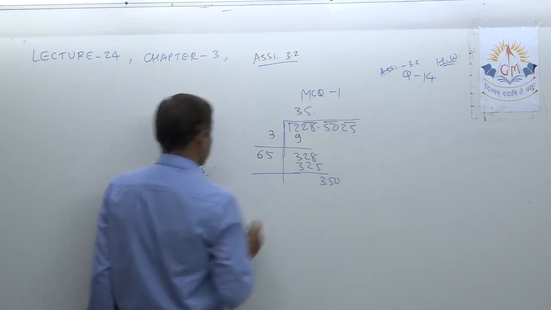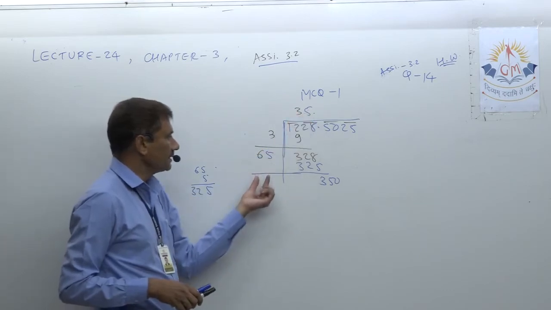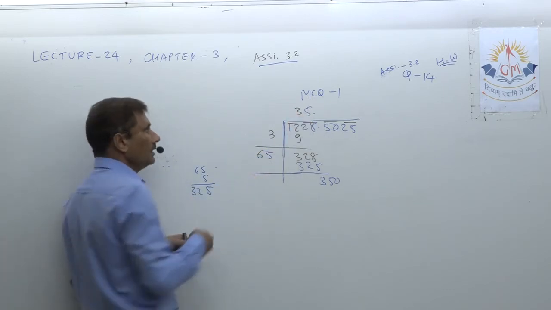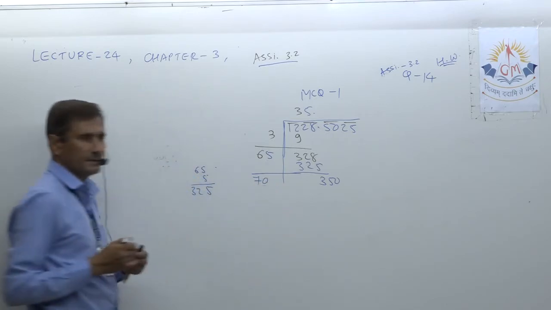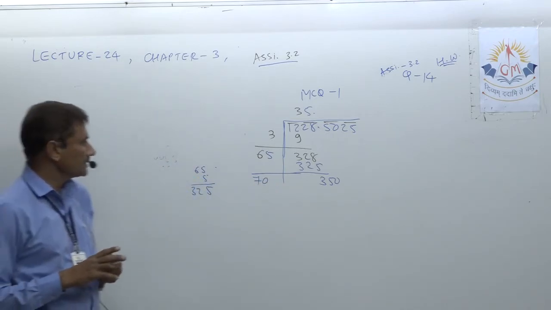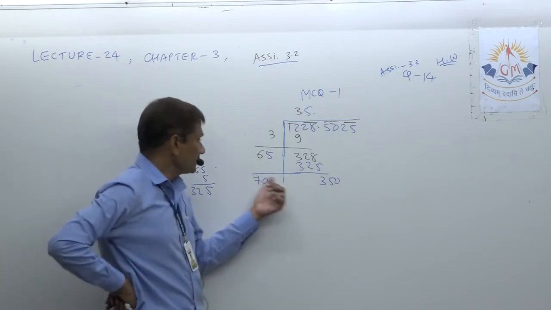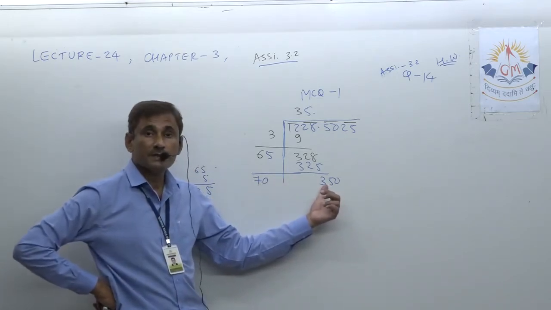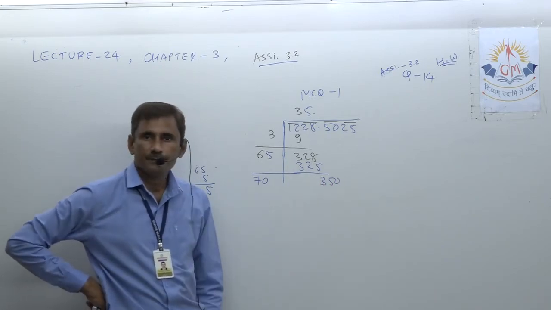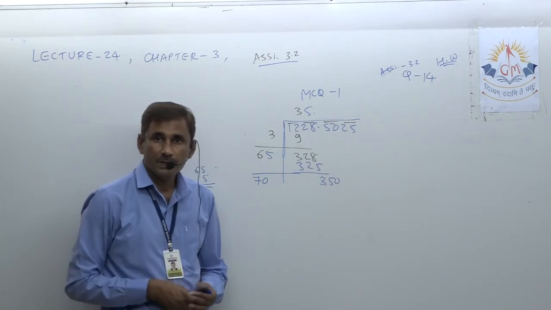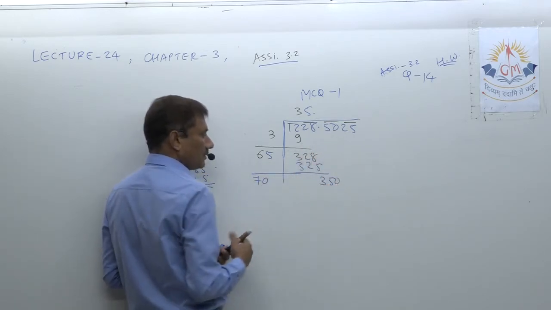Now next step. Before starting the next step, you just write here double of the quotient. So it is 35, so I am writing here 70. Now you can go ahead: 701 into 1, 702 into 2, but the minimum number is 701 into 1, 701. It is not enough. This number is not enough. So by getting only one pair here, we cannot go ahead.